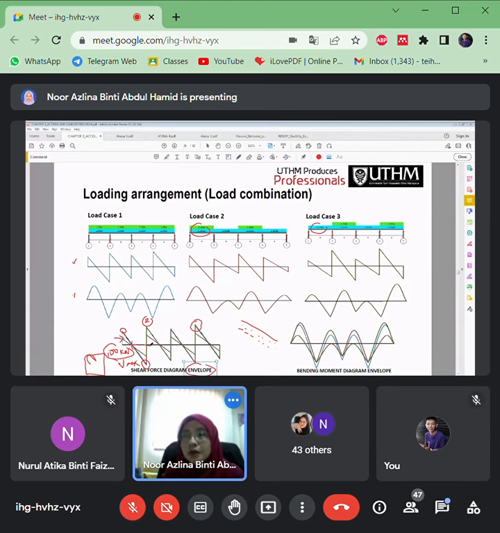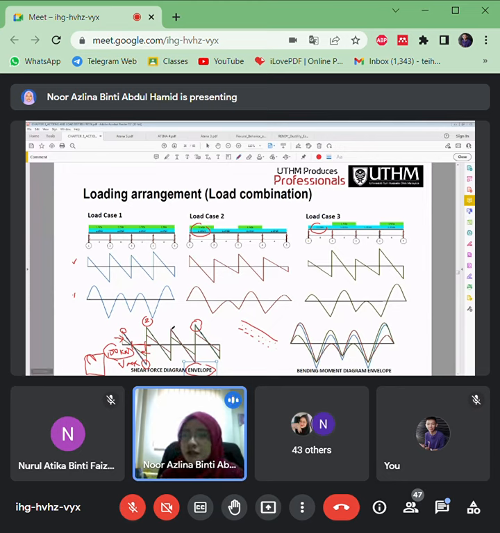Mana yang tempat, mana yang spans that have a high value of shear force, you provide high numbers of reinforcement, which is more details. Okay, depends on the projects. Same goes for this bending moment. You can see here,